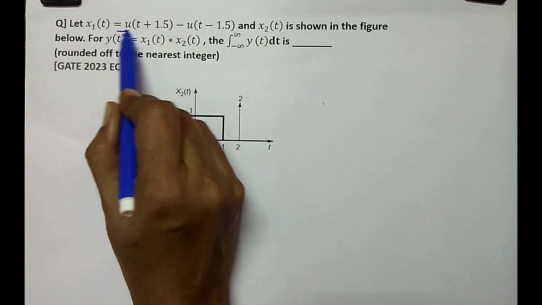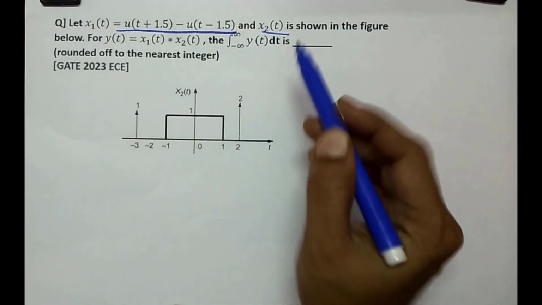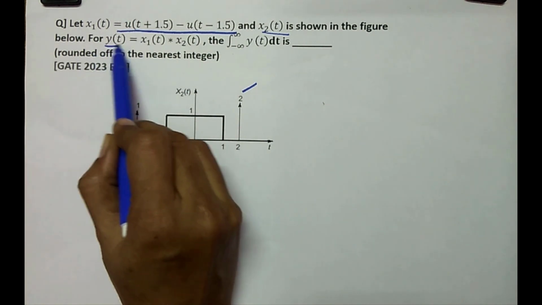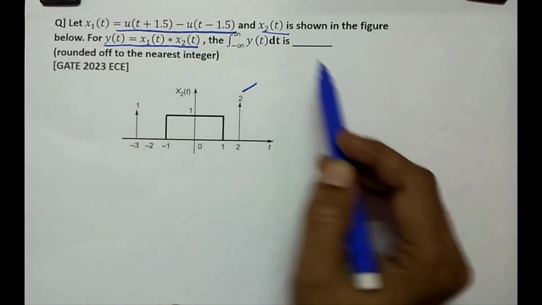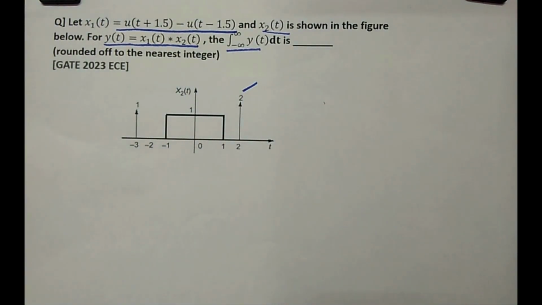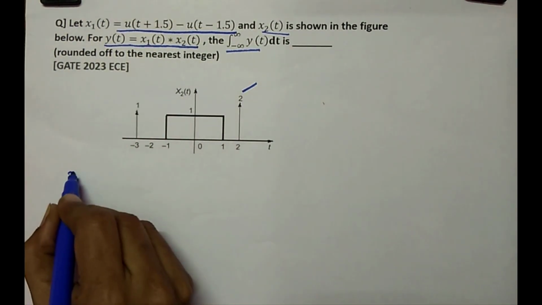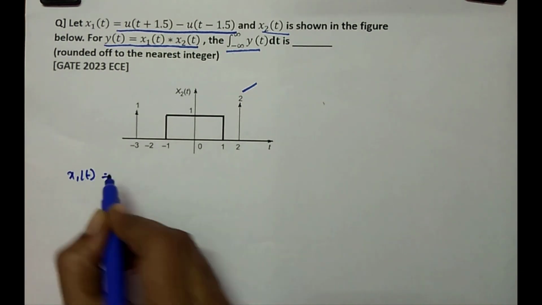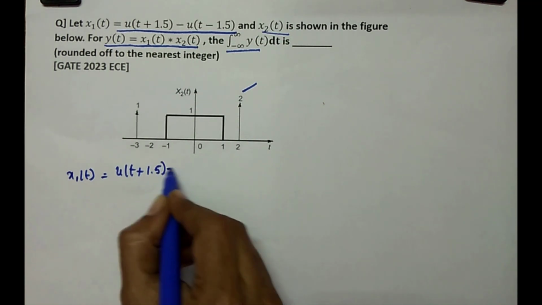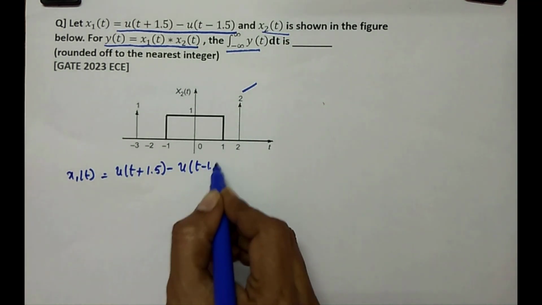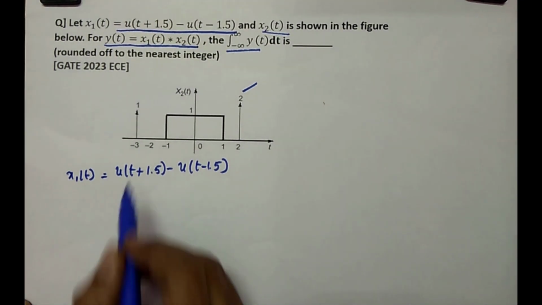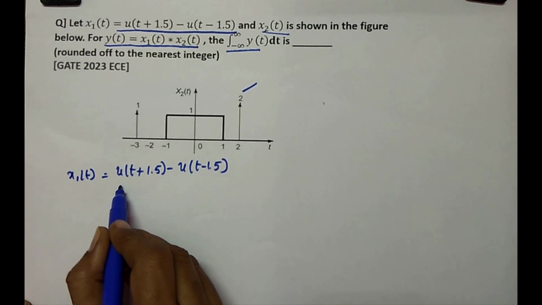Given x1 of t and x2 of t as shown in the figure. For y of t equal to x1 of t convolved with x2 of t, we have to find the integral from minus infinity to infinity of y of t dt. First, take x1 of t, which is u of t plus 1.5 minus u of t minus 1.5. Delayed steps. u of t plus 1.5 is,